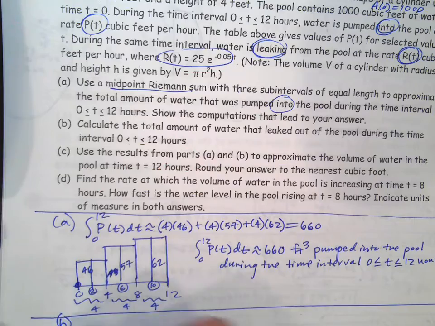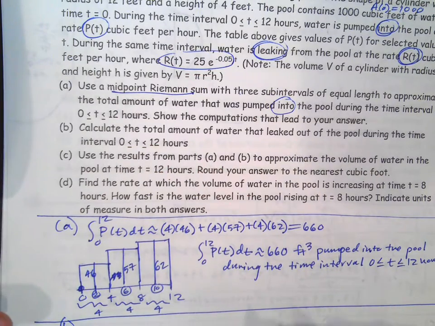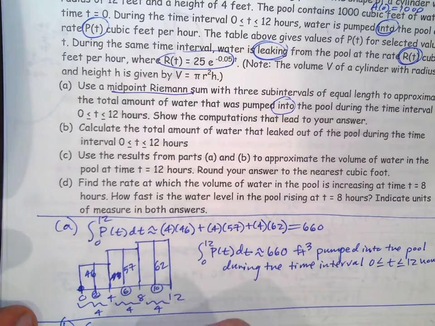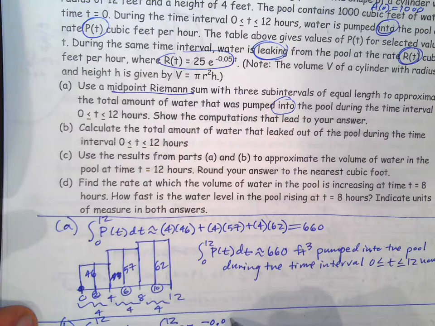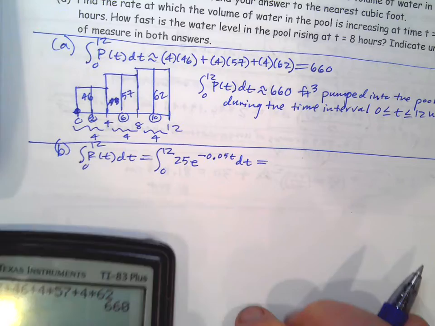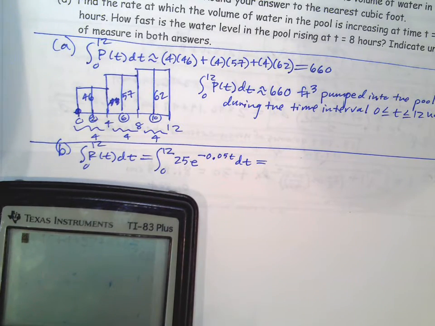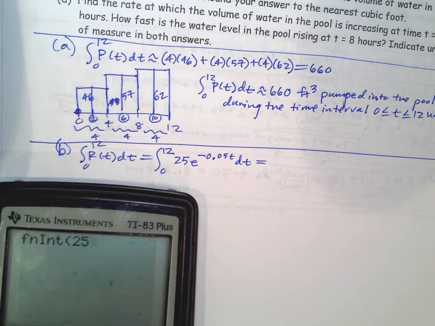Okay, B says calculate the total amount of water that leaked out. Well, that's going to be the integral of R(t) dt, 0 to 12, and we don't have to estimate this. We have a calculator. I mean, if you really want to, you could do this by hand, but I don't recommend it. I think you'll run out of time. So we can just do this in our calculator. Math 9, 25 e to the negative 0.05 x, close, comma x, comma 0, comma 12,